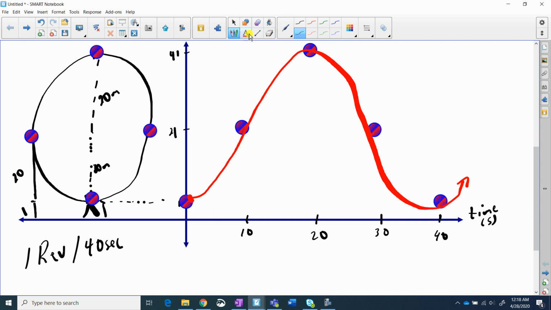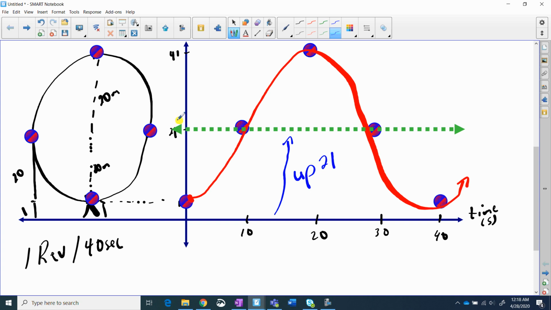So you remember what we always did first is once we had a graph, we got the sinusoidal axis. Let's put that on here. So there's your sinusoidal axis. So right away, there's 2 pieces of information that we should be able to develop very quickly. The amplitude and the vertical shift. So the vertical shift is up 21. The amplitude, which is how far is it from the middle up to there, or from the middle down to the bottom. In this case, that's 20. So the amplitude is 20. And the vertical shift